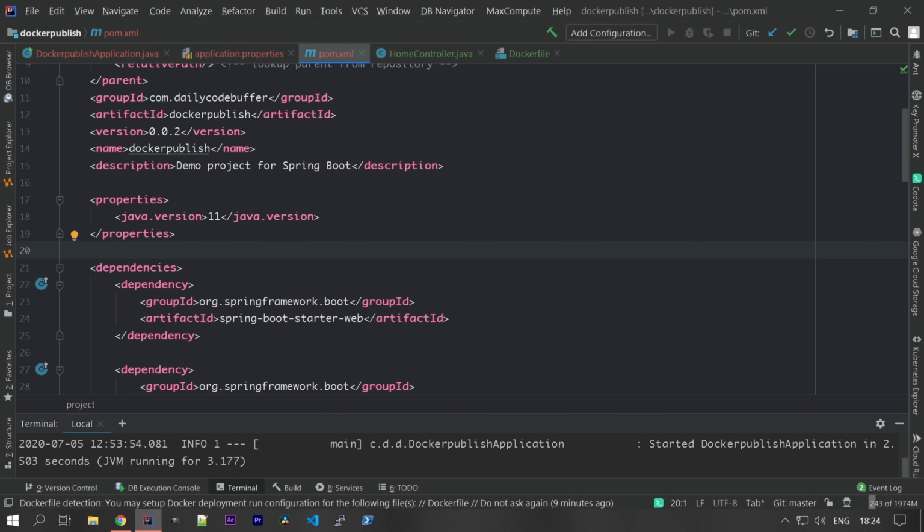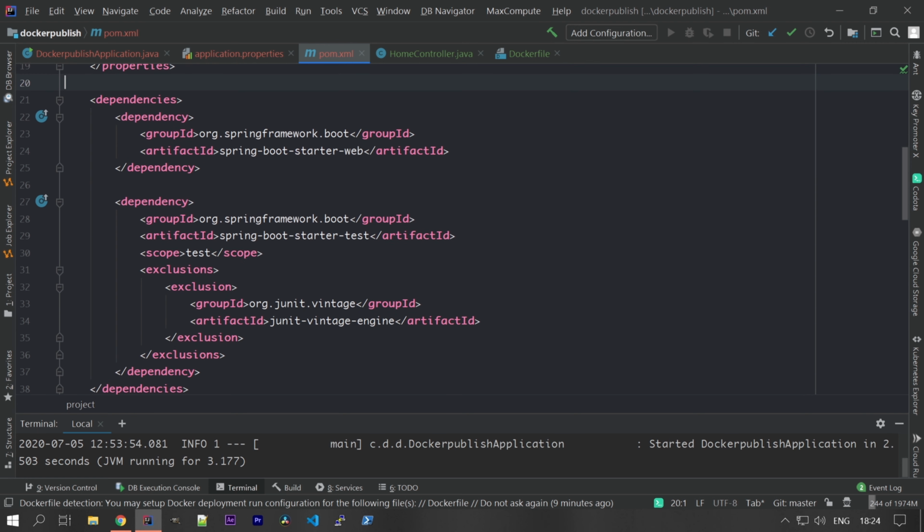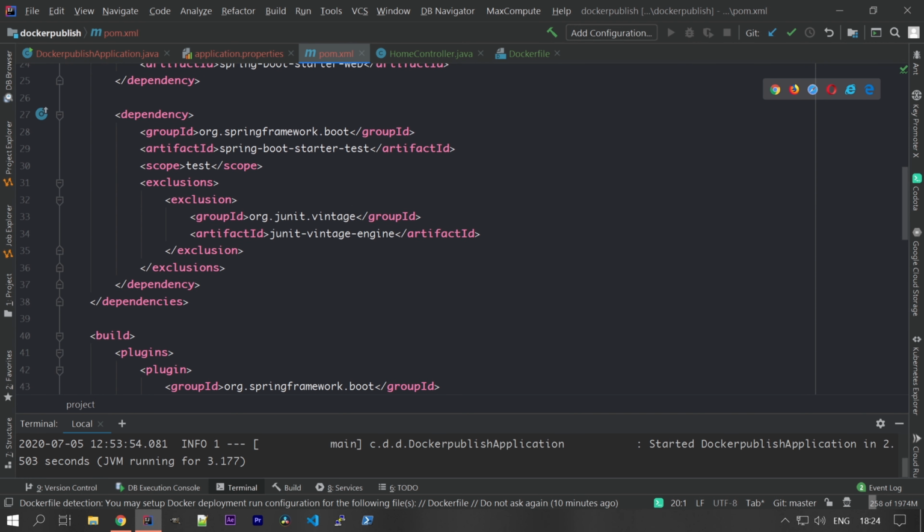Okay, so this way we can publish the images to Docker Hub using the Maven plugin. It's not preferable to upload Docker images to Docker Hub or any registry using your local environment. It's always the best practice to use a CI/CD pipeline or any tool that is used in your organization. So make sure you are using that, not your local environment. This is a very simple process to upload Docker images to any of your Docker registries.